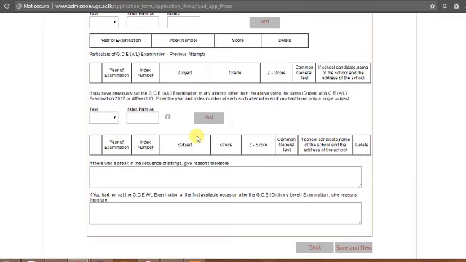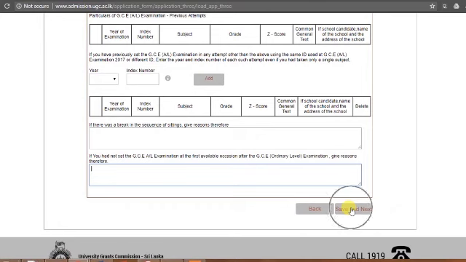If there has been any change in the national identity card that you used for the G.C.E. AL examinations this year and in the previous years, please mention the previous identity card, the year in which the exam was written, and the results will be added with your index number. Also note that you have to give details of your absence or withdrawal from examinations after you are eligible to do the examinations. Please provide the details as required and click on Save and Next to go to the